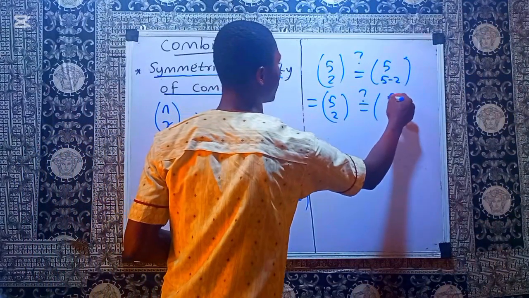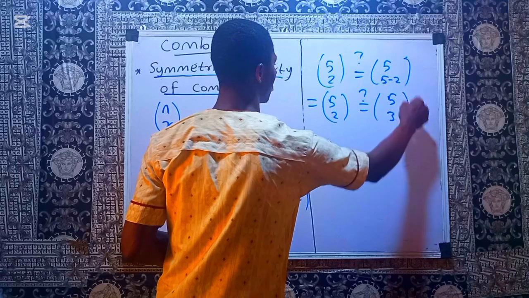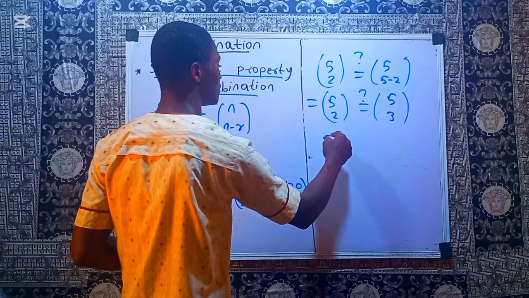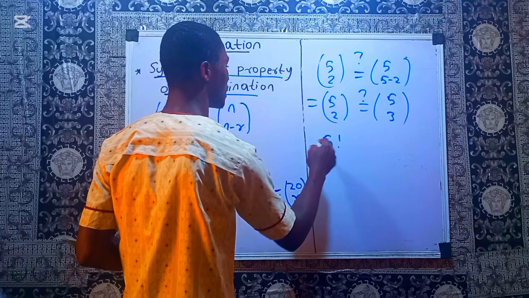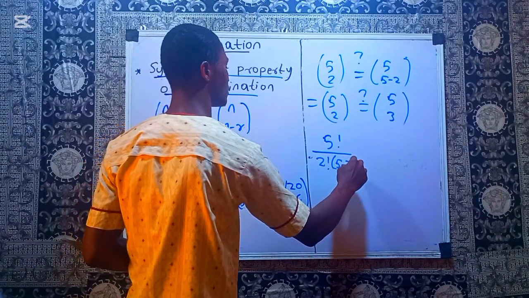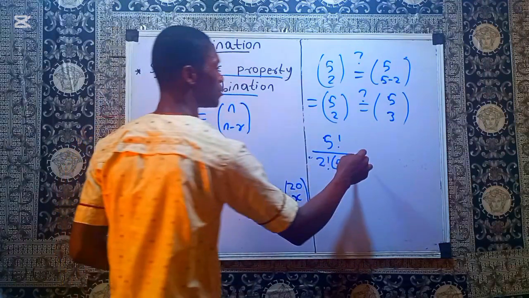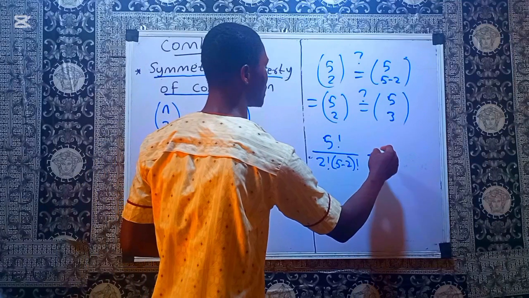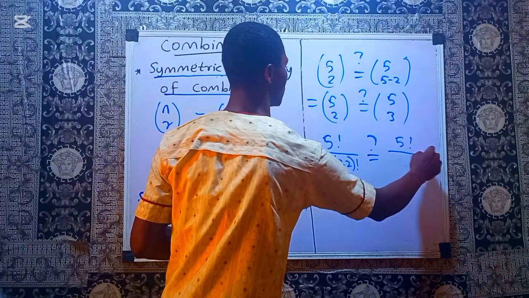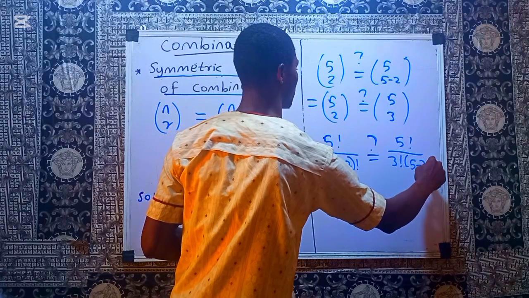Then 5 minus 2 is what? 3. Right? So that this one is what? 5 factorial divided by 2 factorial, 5 minus 2 factorial. Right? So this, we are saying we want to check whether it will be equal to 5 factorial divided by 3 factorial, 5 minus 3